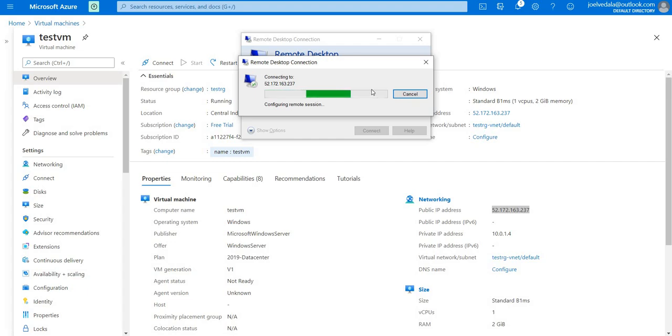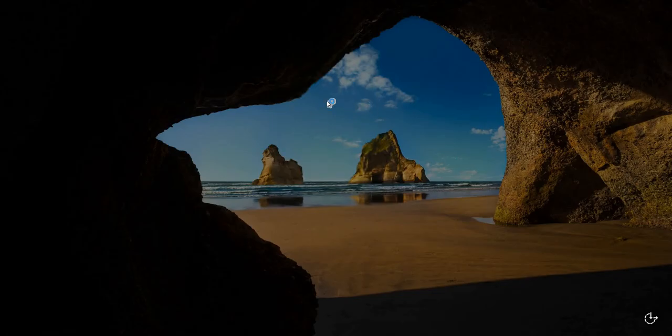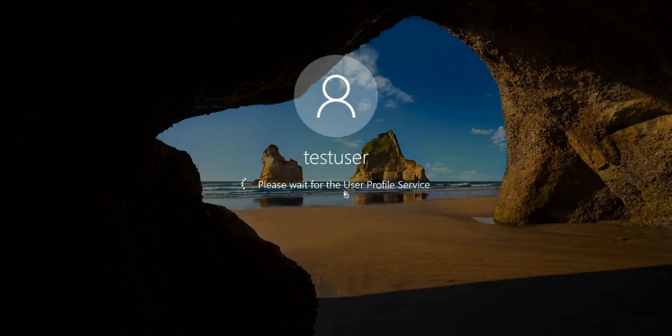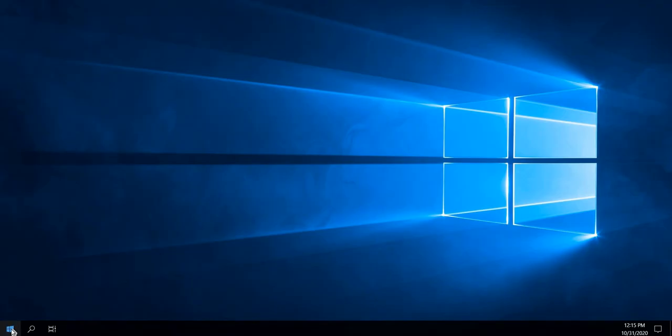So this might take a couple of seconds. Once it is connected, it will try to show the VM for you, like the user profiles are getting loaded and the user settings, and it is preparing the windows for the usage. Let's wait for a couple of seconds. It is personalizing all the settings. And once the Windows VM is ready, it is basically how your normal desktop or a laptop looks.